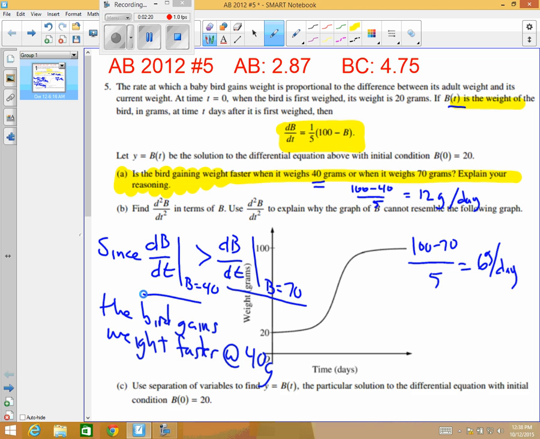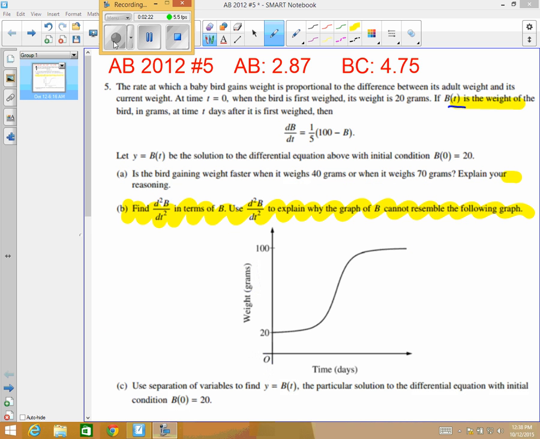Part B is broken down into two pieces. First, it says find the second derivative in terms of B. So we look at that. We've already got the first derivative. Let's find the second derivative. Second derivative is going to be d2b over